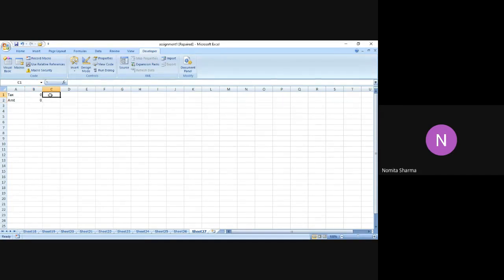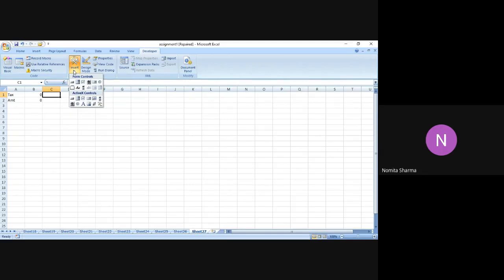So I will just go to the developer option. And in the developer option, I'm going to use this insert command. I repeat one more time: I go to the developer option, and in the developer option I go to the insert command. In the insert command, I will get all these options. We are going to do all of these, but in your syllabus they have mentioned only 3. They've mentioned form controls. Again, they haven't mentioned what all things are to be done in form controls, but we'll try to do many more. But let's go step by step.